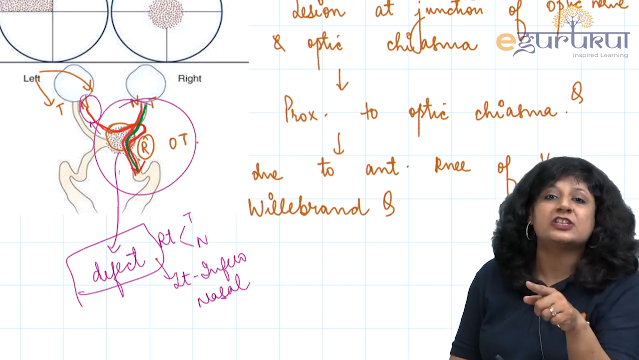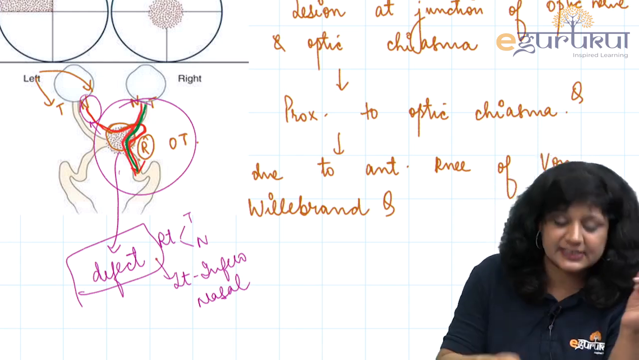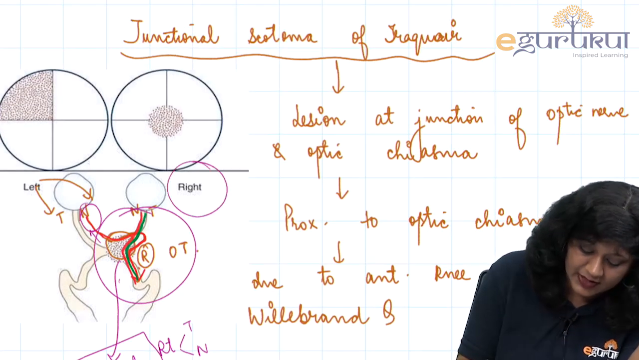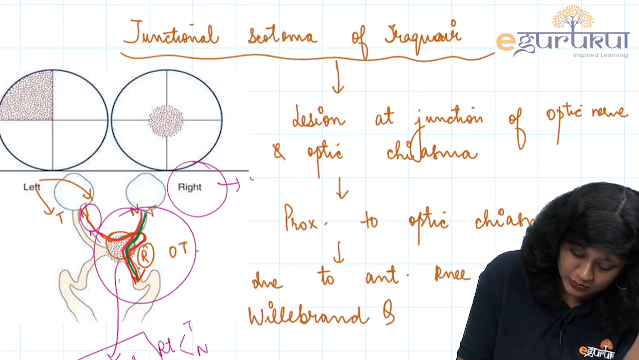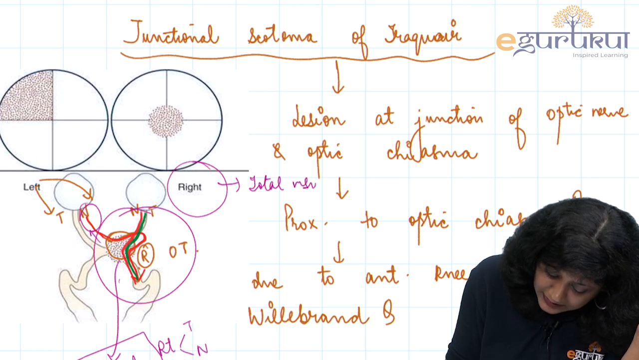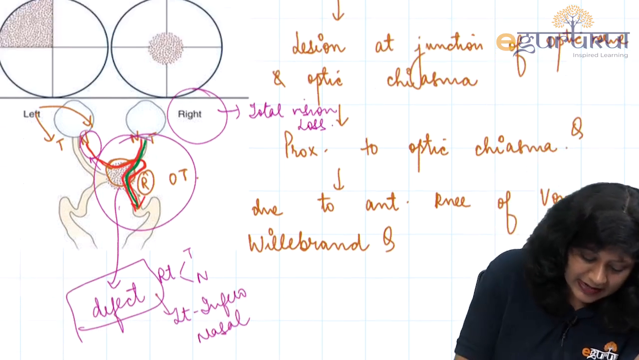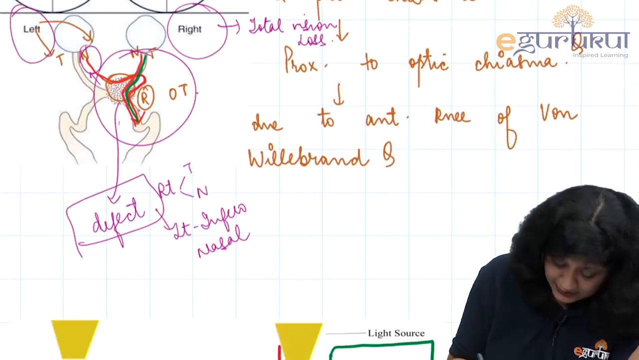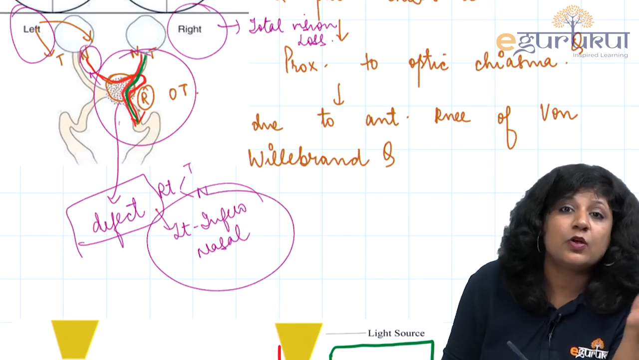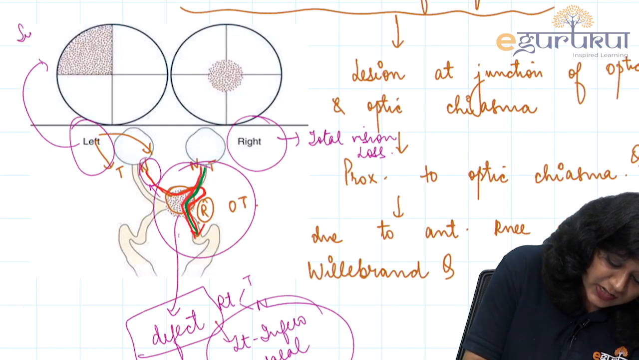So what are the things which are affected? Right side के temporal भी affect हो गए, nasal भी affect हो गए, इसीलिए on the right side you are getting the total vision loss. And what am I going to get in the left, because on the left what is affected? Only the inferonasal fibers are affected. Therefore in the left I am getting just the supratemporal